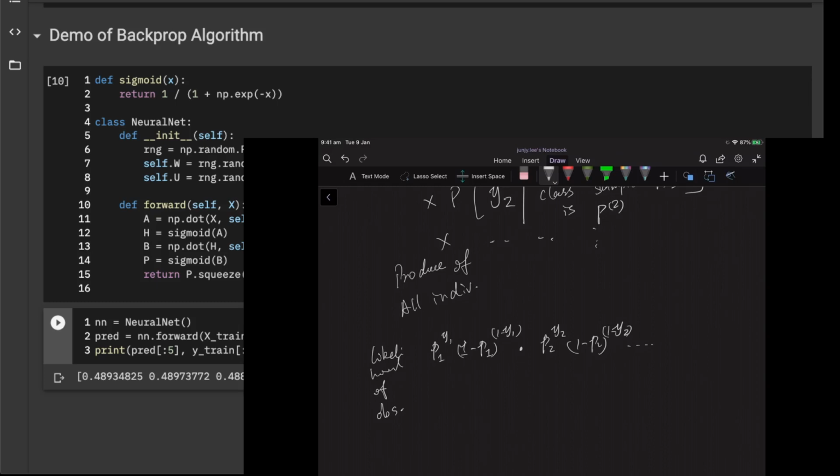So to fit the model to the data is to let the model's prediction be consistent with the reality, and the purpose is to try to maximize this quantity. To maximize this quantity,